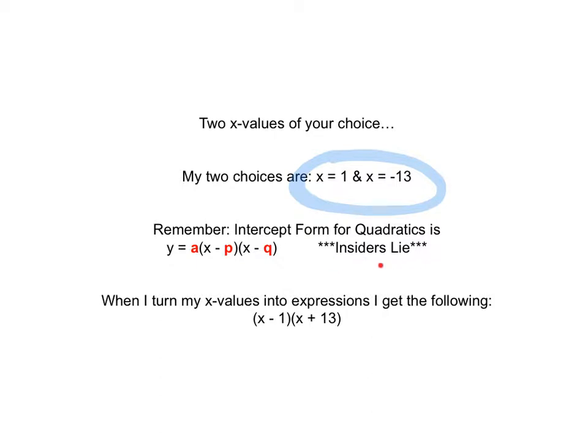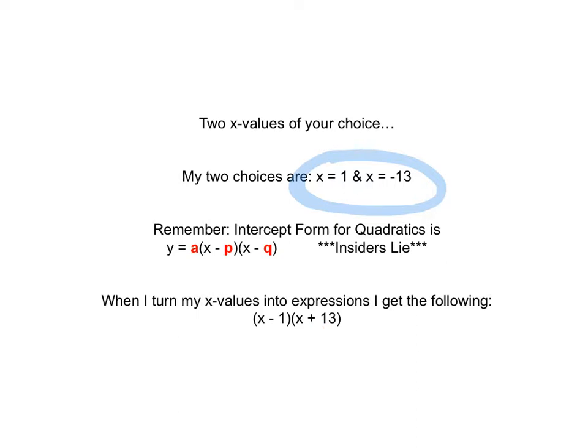Remember that insiders lie. So when we put these values inside the parentheses, they're going to change signs. So if you look down here, to make my expressions, which is the second part of your slide that you're responsible for, I take my positive 1 from right here. When I plug it in, it becomes X minus 1 because insiders lie. When I take my negative 13 from my other X value, I plug it in as X plus 13